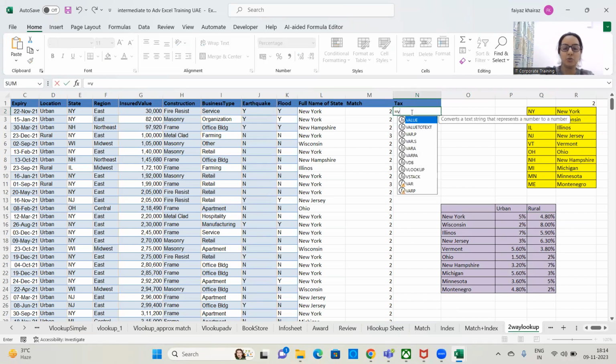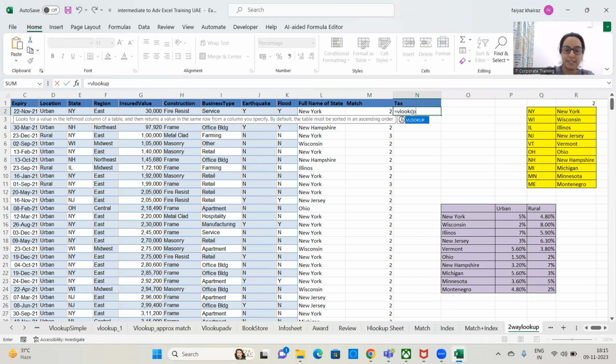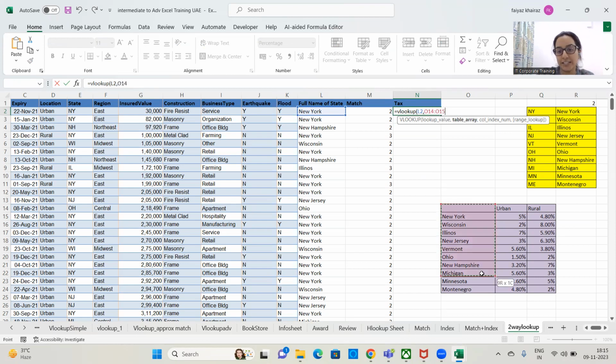So is equal to VLOOKUP. This is your two-way lookup. Lookup value, full name of the state, comma, where is it searching? It is searching within this table of array. Lock this table because as you drag it down, you do not want your reference to change,